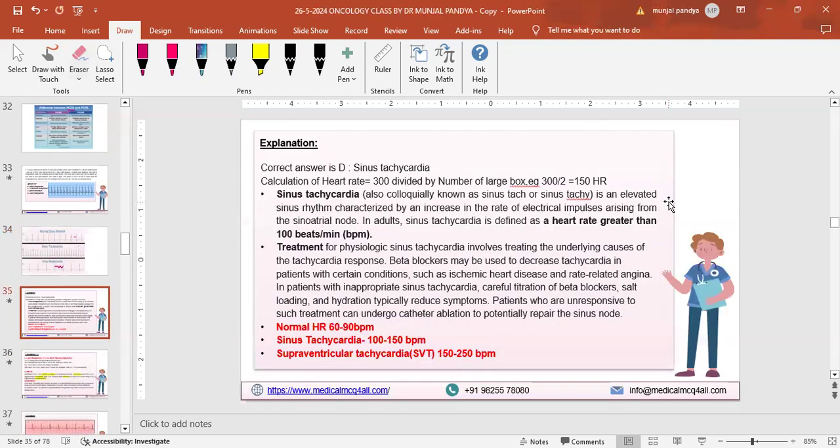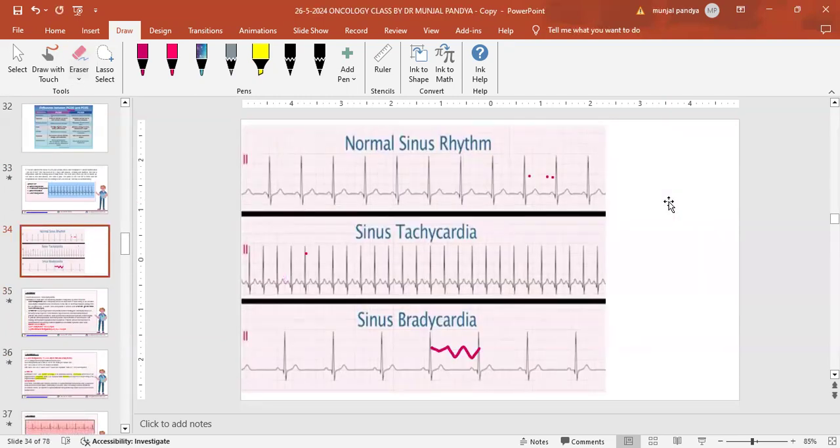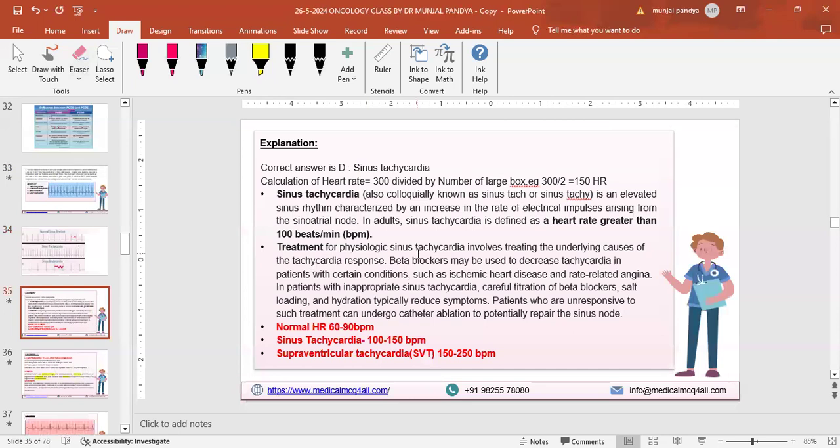So you treat the underlying cause. You don't need to treat the tachycardia. You don't need to give a beta blocker in a fever patient. We never give one if you have malaria, typhoid, or pneumonia. With a 104 fever you are not giving a beta blocker, because it is not related to the heart. It is because of an underlying condition, such as dehydration, pneumonia, UTI, or any infection. So treat the underlying condition. That is the biggest difference.